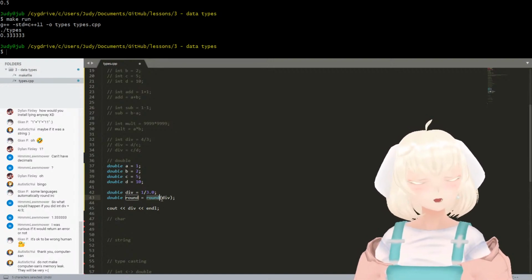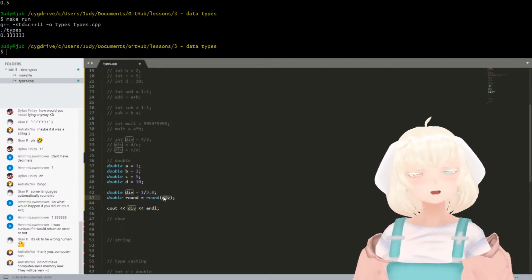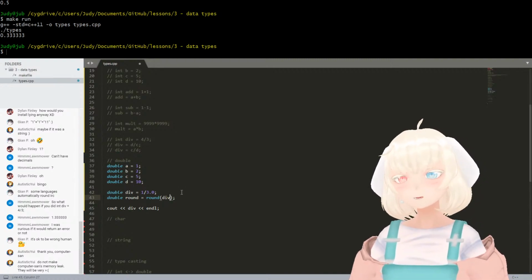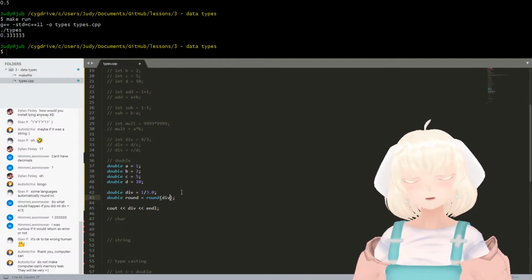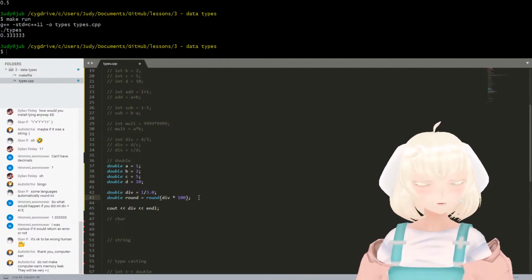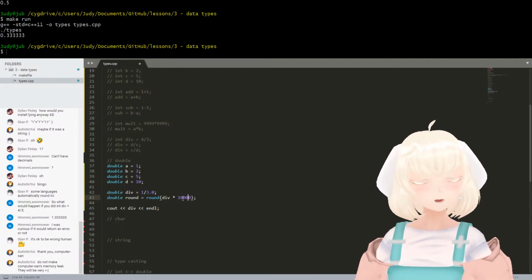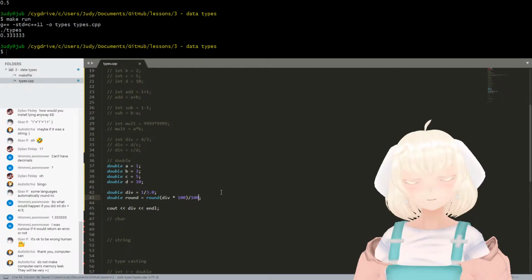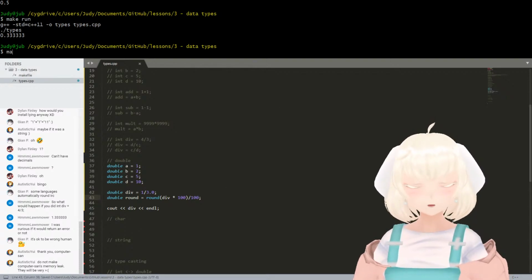So we're telling the computer, use this tool on div. The way that we specify the number of decimal places is we multiply it by 100 for 2 decimal places, or however many zeros you want behind the point. And then you divide it by 100 again. And so what this gives you,